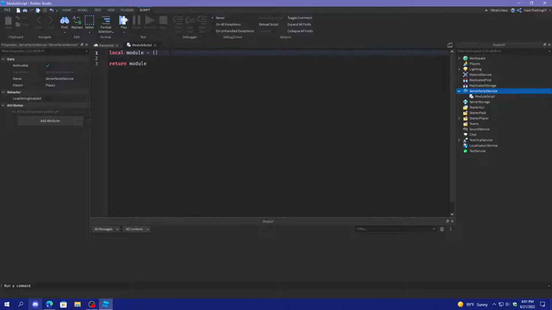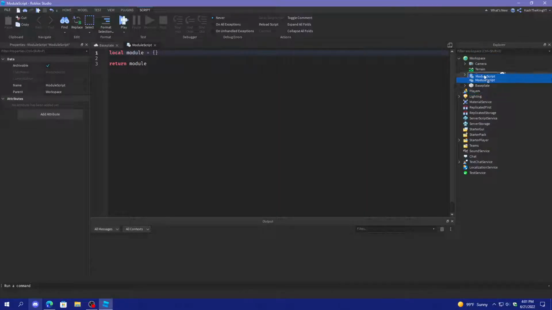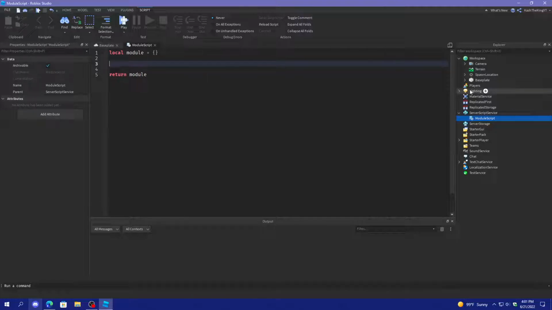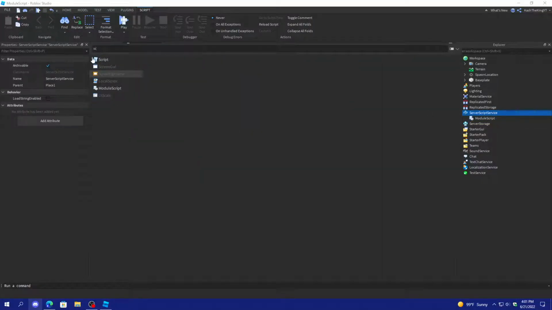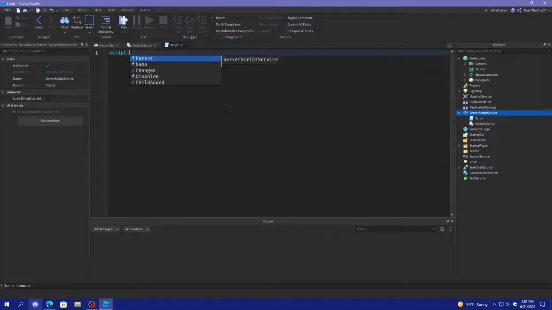So what we're going to do is, after you create a module script, it can go in workspace, server script service, anywhere you want, but basically all it is is a table. It's a script that's also a table, and you can access values and functions from it. So let's say if I did module.1 or module.event equals function, what I could do is create another script that does script.parent